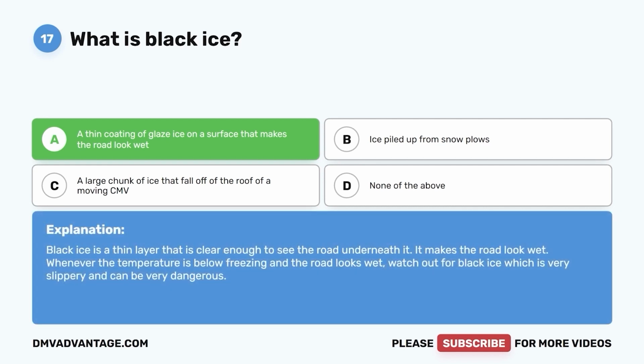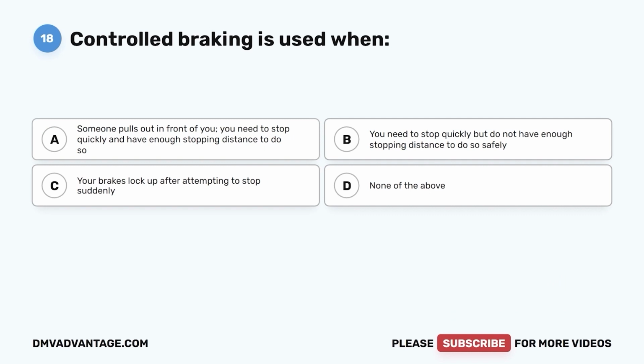Black ice is a thin layer that is clear enough to see the road underneath it. It makes the road look wet. Whenever the temperature is below freezing and the road looks wet, watch out for black ice, which is very slippery and can be very dangerous. Question 18. Controlled braking is used when